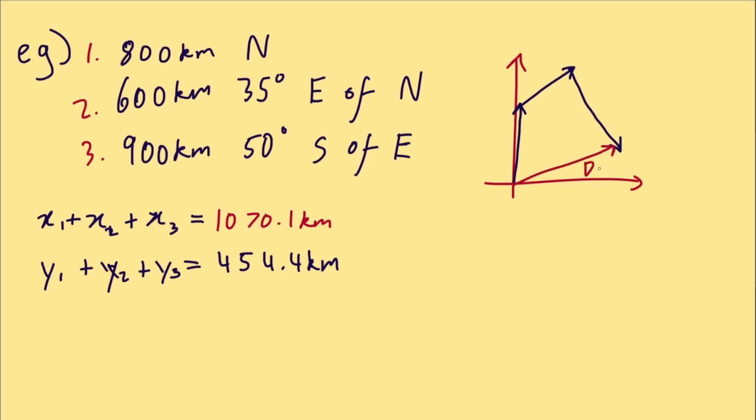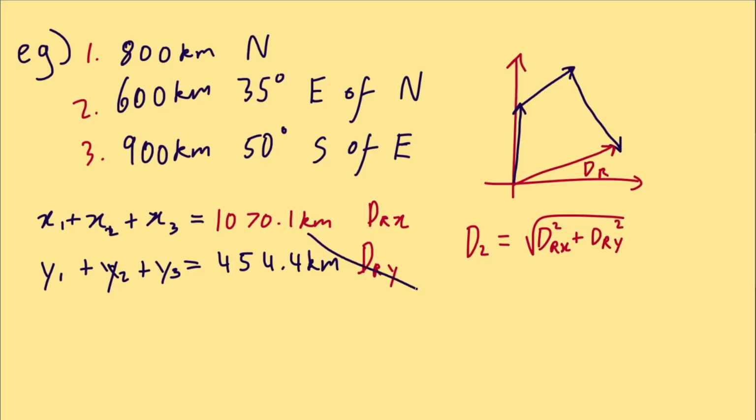And we'll give him a name, dR, for resultant. So here's the X component of dR, and here's the Y component of dR. With this information now, we can go and use Pythagoras. So dR is equal to the square root of dRx squared plus dRy squared. Go and plug in your values and you get roughly